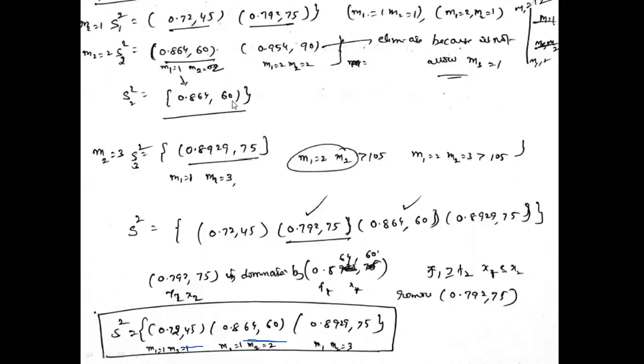Next, suppose in the second stage we are taking three devices. In the first stage, that is M1 equal to 1, M2 equal to 3. That is M1 equal to 1, M2 equal to 3 means 0.89. M2 equal to 3 means 30 plus, three devices in the second stage, that is 15 plus 15 plus 15, 45. 45 plus 30, 72.